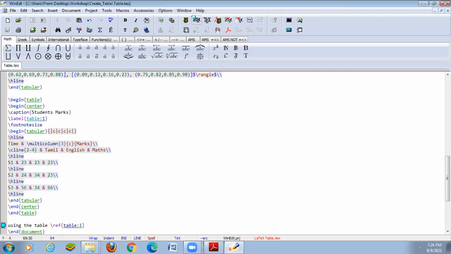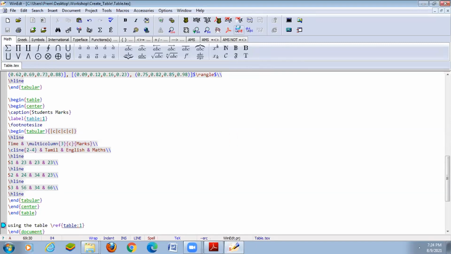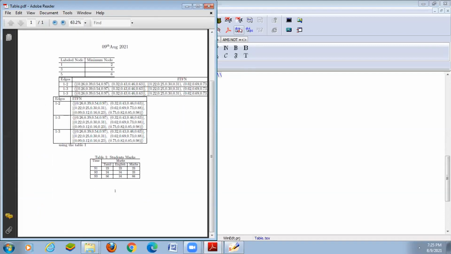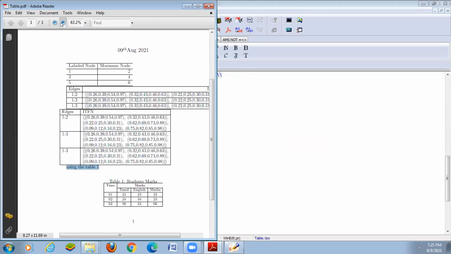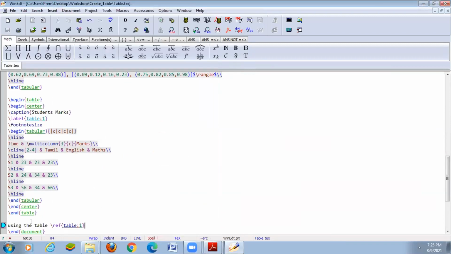So that's the use of \begin{table} and then \end{table}. We type the caption below the table, but in the output the line is displayed above the table.